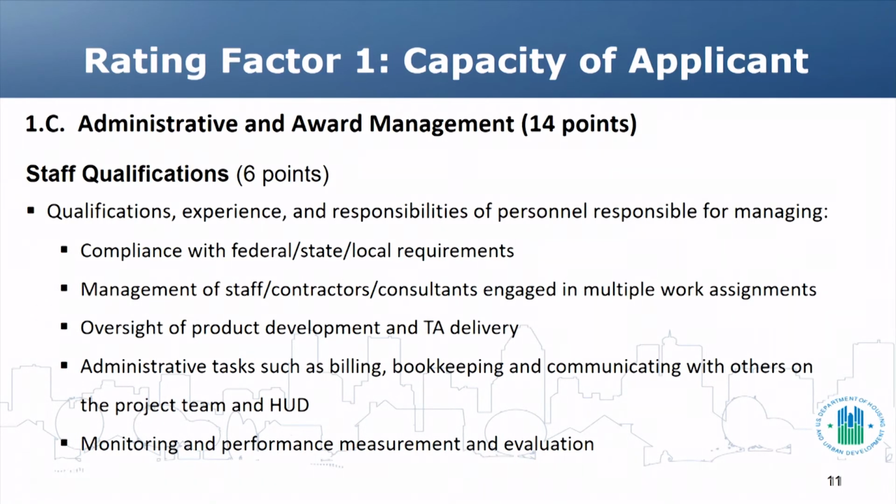Staff qualifications. For this section, you must identify who will be responsible for key components of award management and their relevant qualifications. You must demonstrate that you have sufficient key management and administrative staff to effectively manage a federal financial award. You must describe the qualifications, experience, and responsibilities of personnel that will be responsible for the following components of award management. So this means compliance with federal, state, and local requirements, including financial and performance reporting, management of staff, contractors, and consultants, and multiple work assignments of varying complexity,